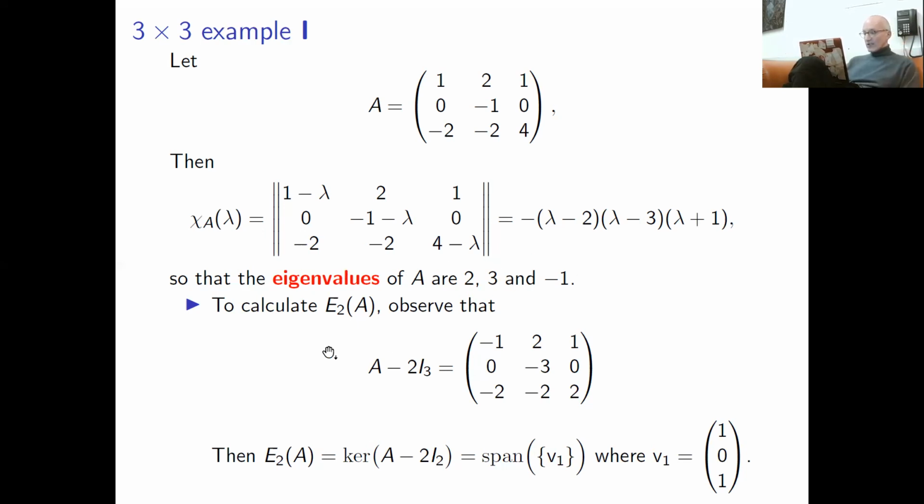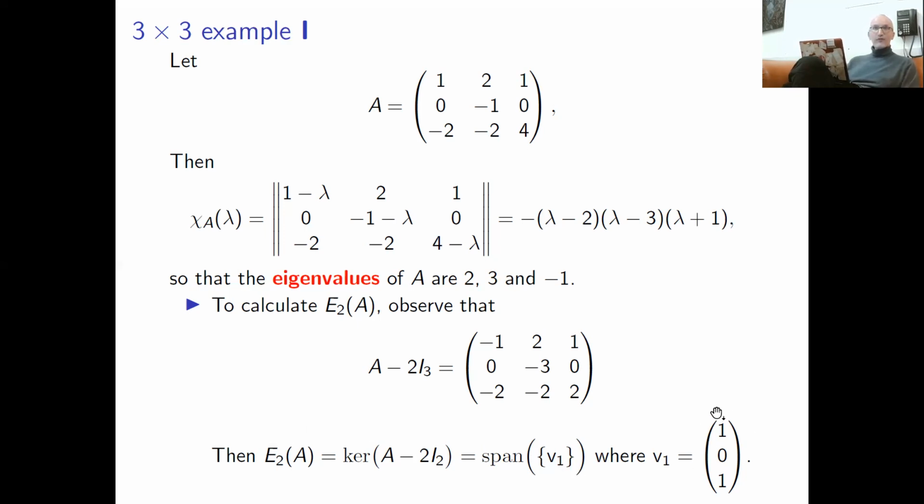Okay, so we just solve this system of equations. We found one solution, 1, 0, 1, and all other solutions are just multiples of this by a constant. Of course, it's clear to see that the rank of this matrix is not 1 and it's not 0, and it's not 3, so it's 2. The rank of this matrix is 2, so the kernel should be one-dimensional by the rank nullity theorem. We found one vector. All other vectors here in the 2 eigenspace are just the span of this vector.